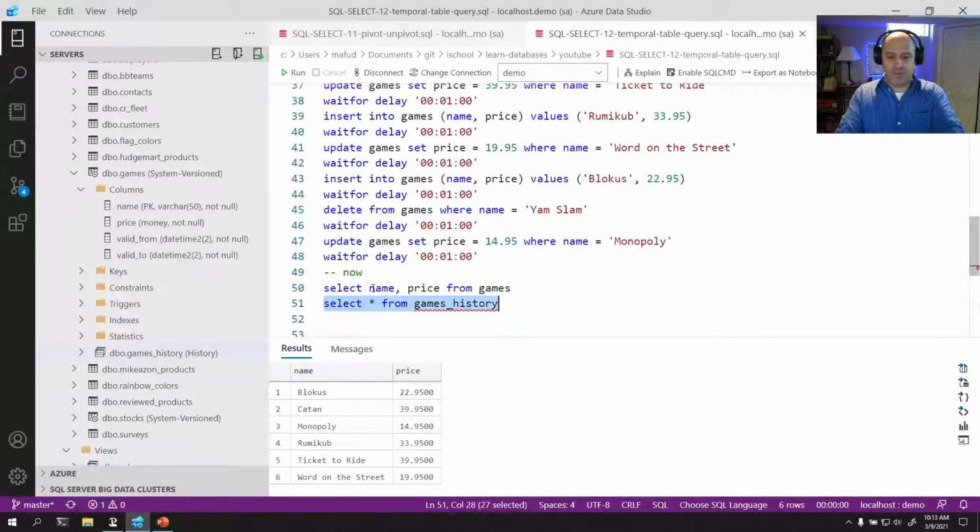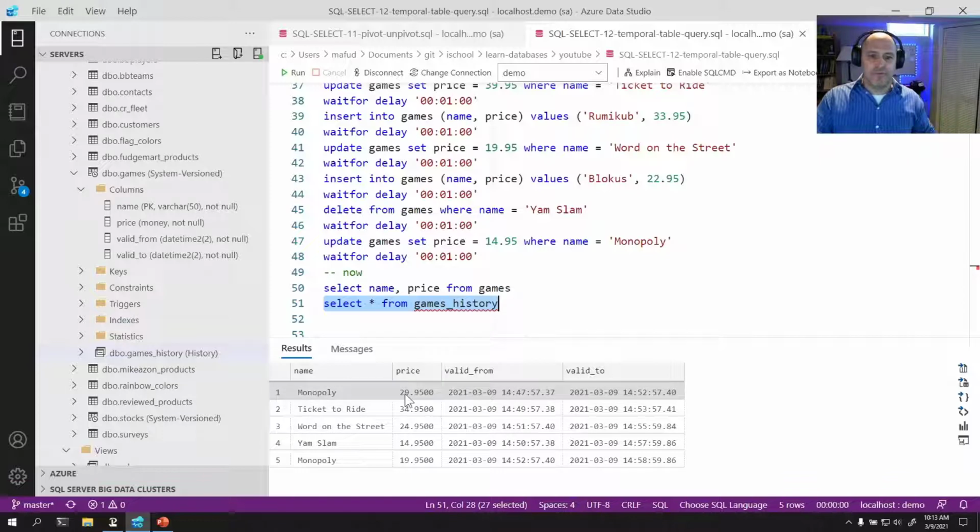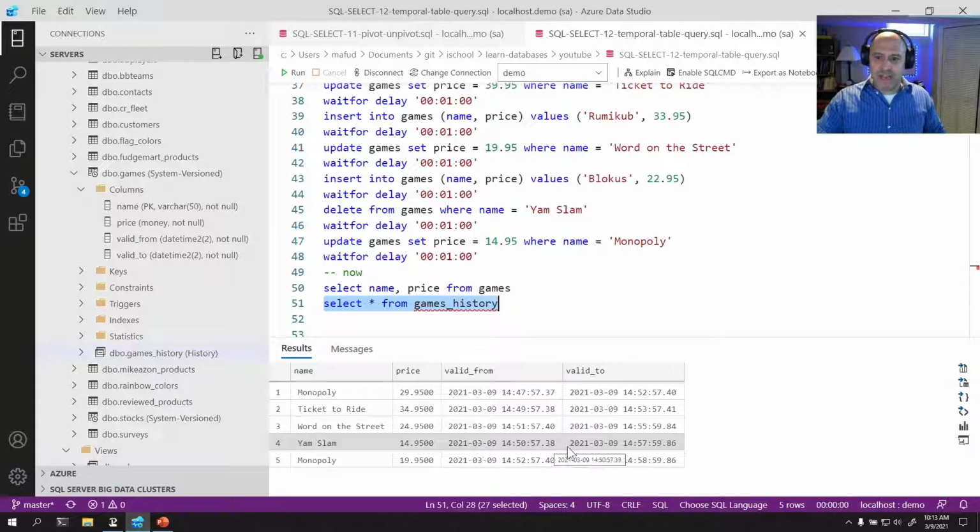And this table shows you all of the changes that have been made to the table. You can see that Monopoly is in there twice because there were 2 changes made to the table. The valid from, valid to tells you the range in which this particular row was valid. If you look at, for example, this Yam Slam has a valid to of this date, which means that